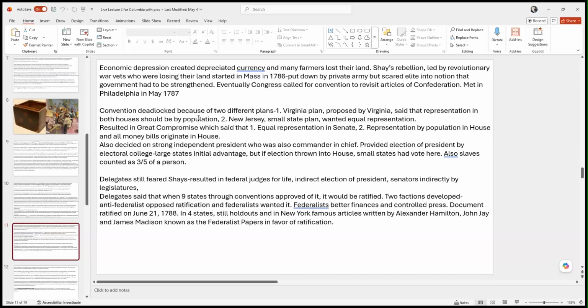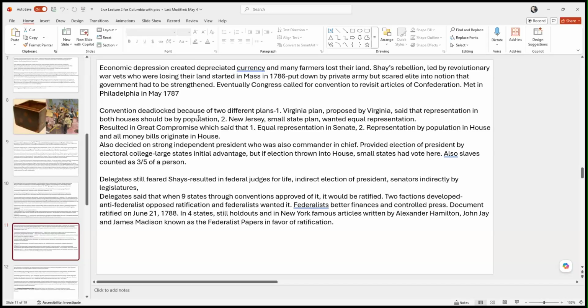The other big issue that was not dealt with at this convention was slavery. There had been discussion, even back at this time, there were people that were opposed to slavery. There had been discussion of trying to abolish slavery. They didn't do it because they were afraid if they tried to do that, it would alienate the southern states and they would leave this new country. So basically what happened is they postponed the Civil War by just about 100 years. That's basically what happens.